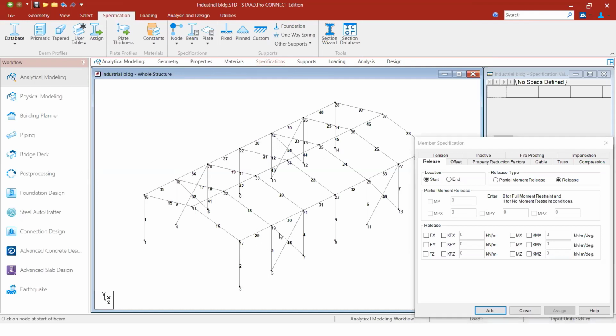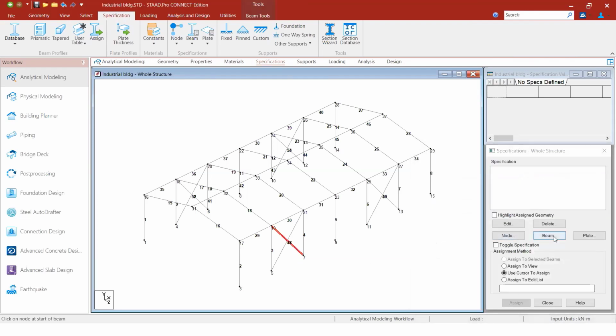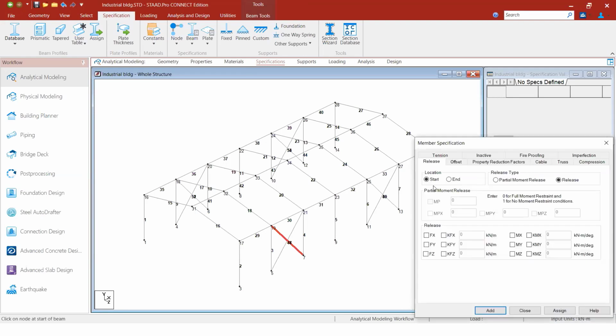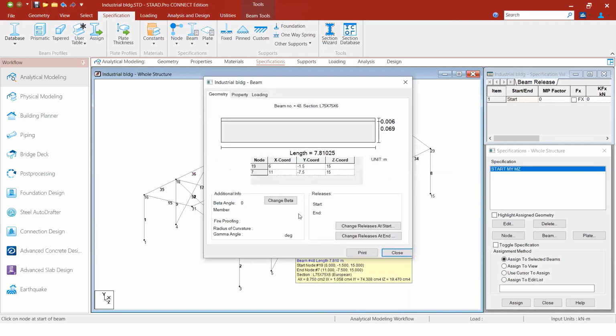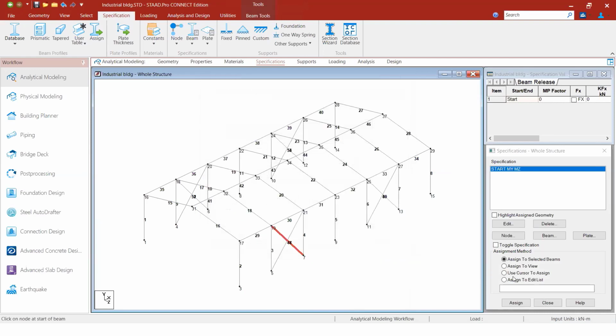So for bracings, you have to select the member first. Select this member and go to beam. At the start stage, you have to release MX and MY and add it. This way you have to release all the members here. In the bottom also, you have to go and release it for this member.